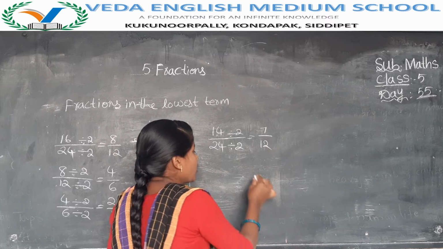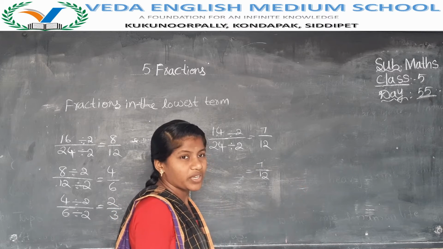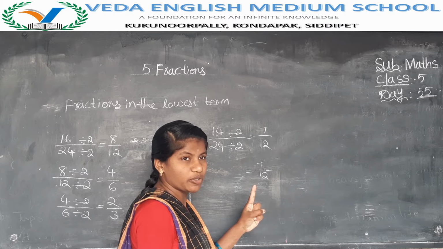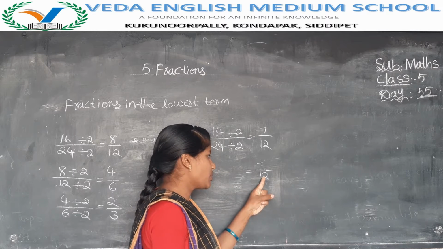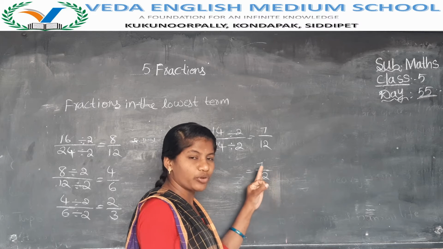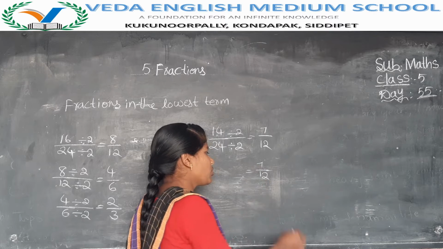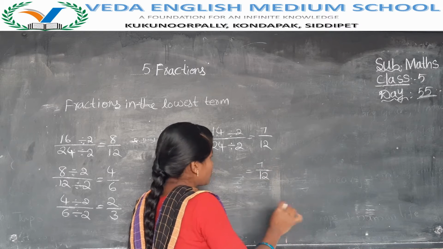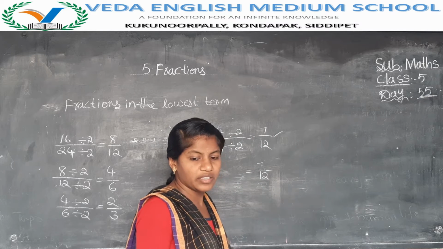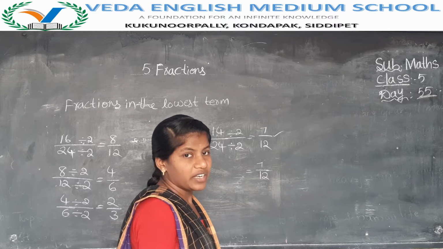Here we got 7 by 12. Now can you say both the numerator and denominator are divisible by which table again? The numerator and denominator must definitely be divisible by the same table. Is any table possible like that? Yes, in the 2 table 12 is possible, but 7 is not possible. So you should not take like that. Both numerator and denominator should be divisible. Here the numerator is not divisible, but the denominator is divisible, so you should not take it. So the lowest form of 14 by 24 is 7 by 12. Like this you have to find the lowest terms of the given fractions. Understand? That is one method.